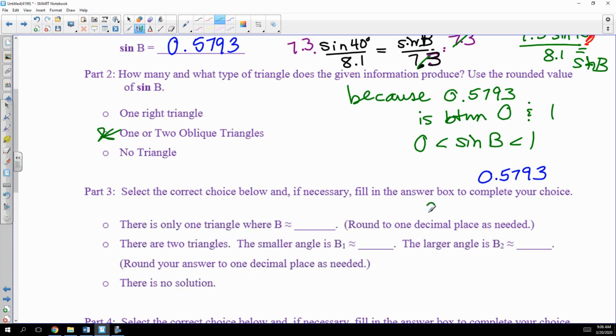So if you press second sine and then second and the negative key, which remember is answer, then it's going to take the inverse sine of this number. And what you're going to get is, ooh,